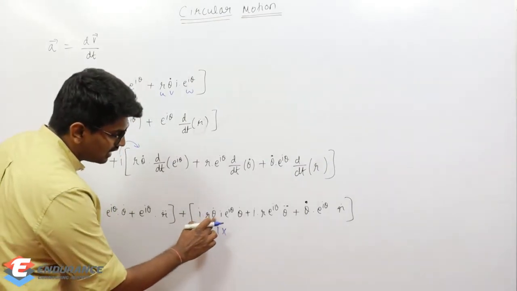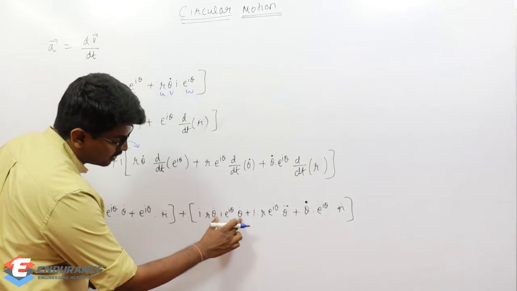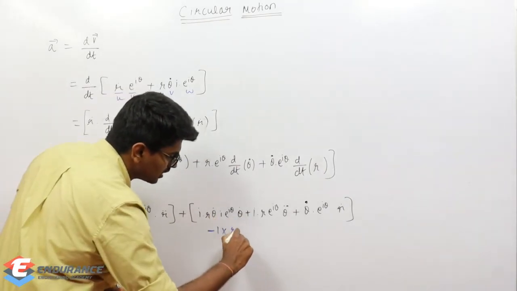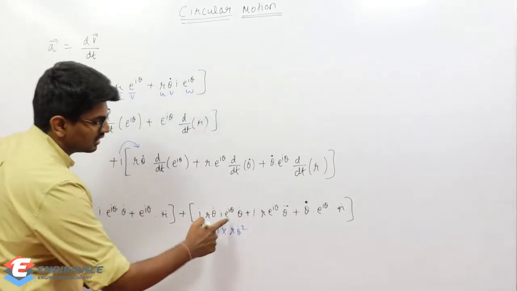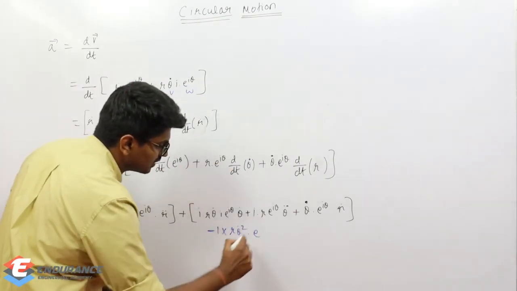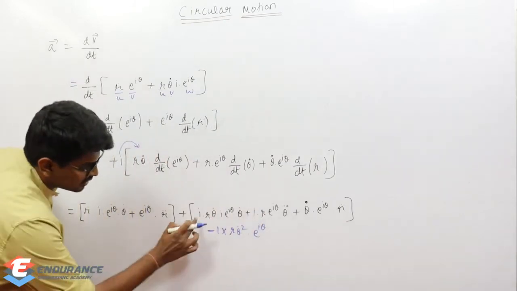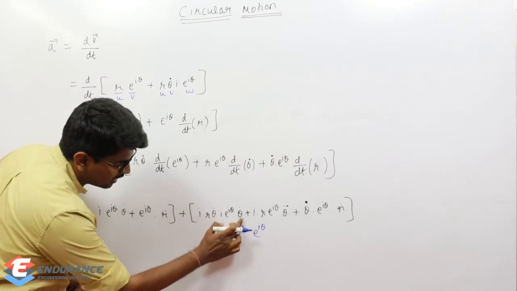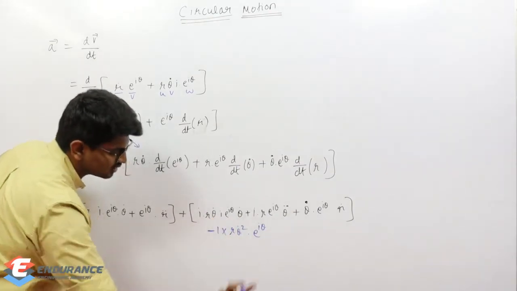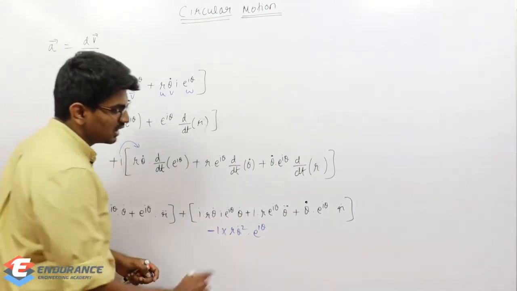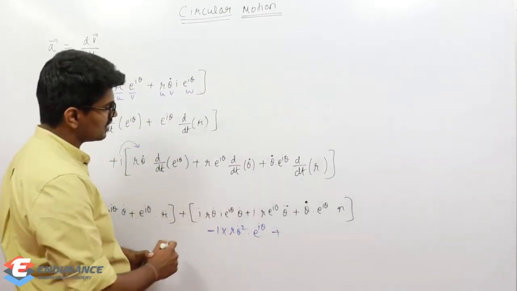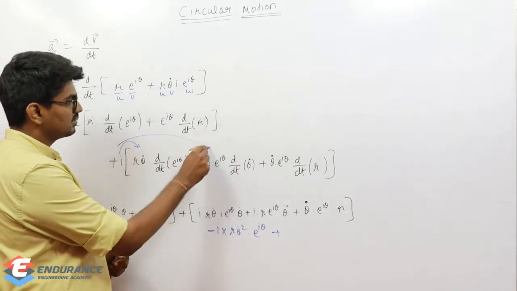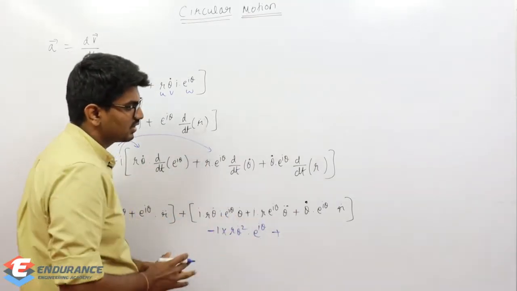So r theta dot, another theta dot is there. So the product of two theta dots is theta dot square. So r theta dot square, and this is going to be e power I theta. Okay, so I into I is minus 1. R theta dot into theta dot square, this is going to be e power I theta. Now plus, in this step, r e power I theta, this I will be coming here also, so I into r e power I theta.